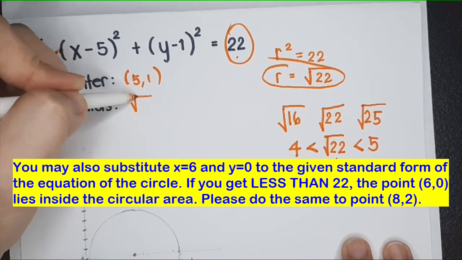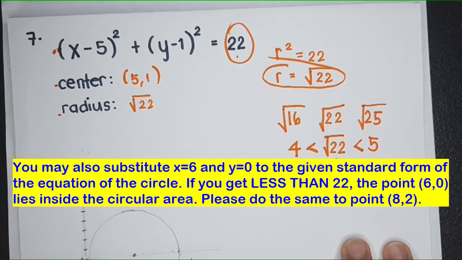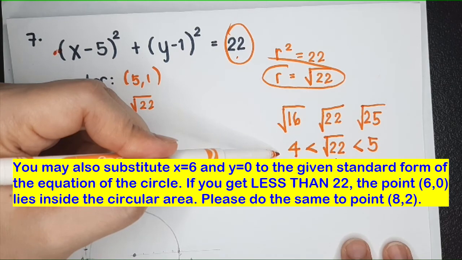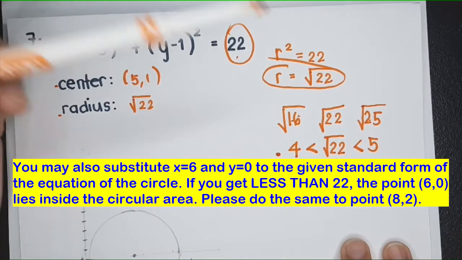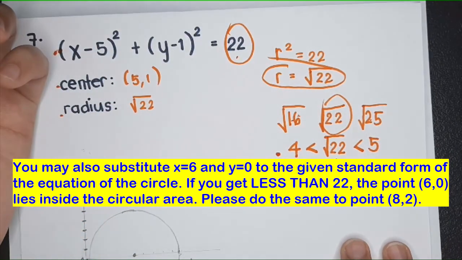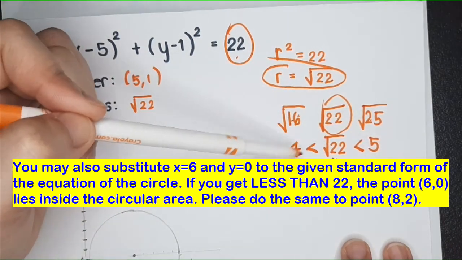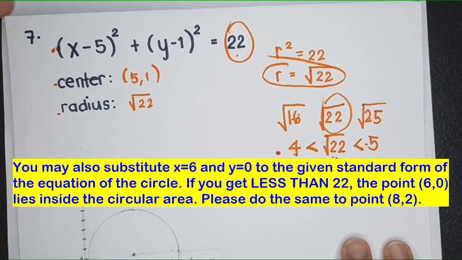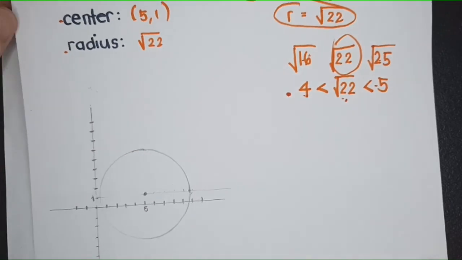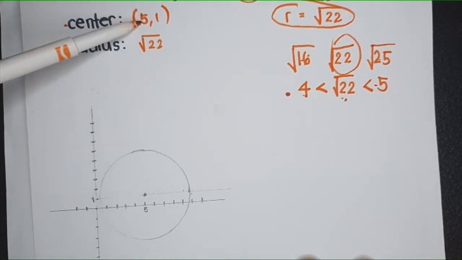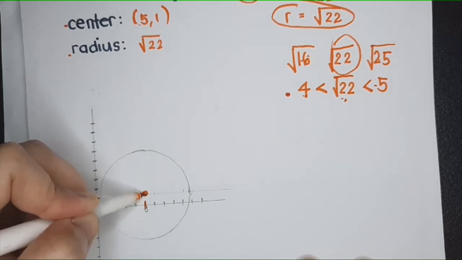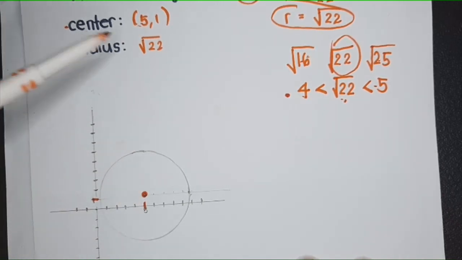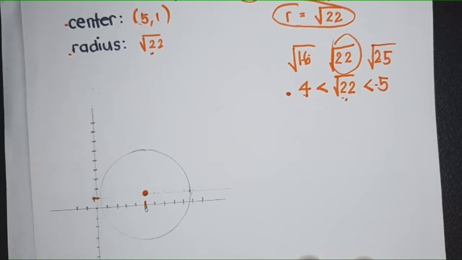So, the radius is square root of 22. Okay? Ito ginagawa to if you're not allowed to use a calculator. Okay? Ito yung estimates. Okay? That's how you estimate the value of square root of 22. Okay? It's between 4 and 5. Alright? Okay, so ito yung figure niya. Okay, the center is at (5, 1). So ito yun, (5, 1). Ito yung center. Okay, tapos nag-count lang ako ng radius square root of 22. So yung mga 4 point something yun, ito. Okay, nag-count lang ako sa